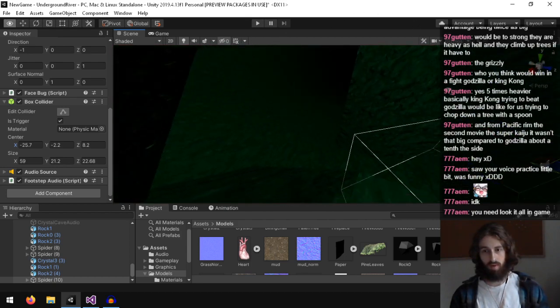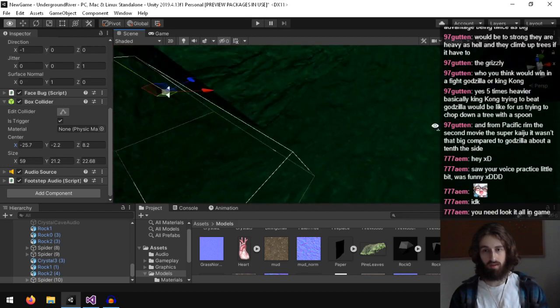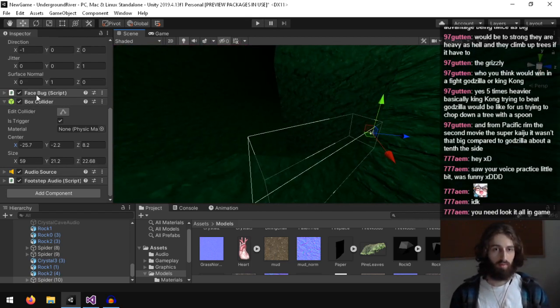So I wonder, you might be able to go up here and skip being attacked.